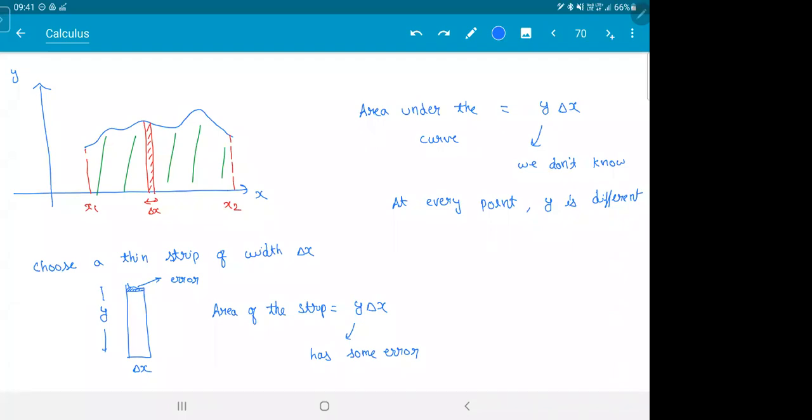What I want you to understand from all this is, when you have something big which is varying, you can't understand what is happening. Then you try to study bits and pieces of it. Study each piece separately and then try to add them up. That's what you're trying to do in integration. That's the main crux of whatever I'm trying to tell you.